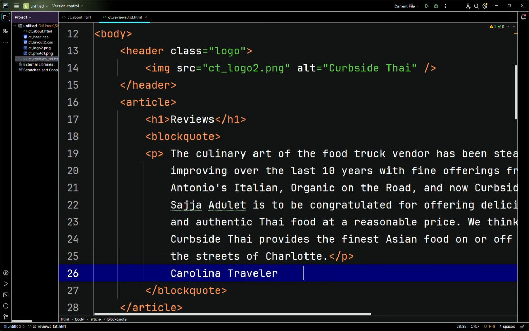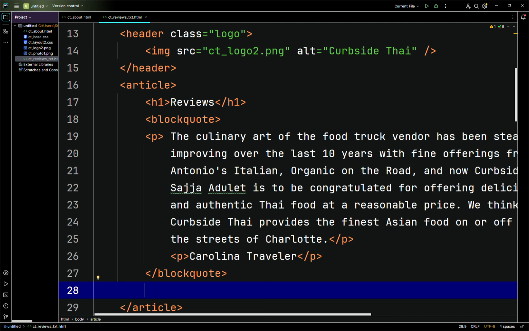Then below here, we want to put another paragraph tag between the Carolina Traveler. So Carolina Traveler, we want to put a P like that, another P tag. Okay, there's no errors, so that should be working. Then we close our block quote like that. And we'll basically just repeat that for the rest of the stuff. So the rest of the paragraphs, we'll just repeat that